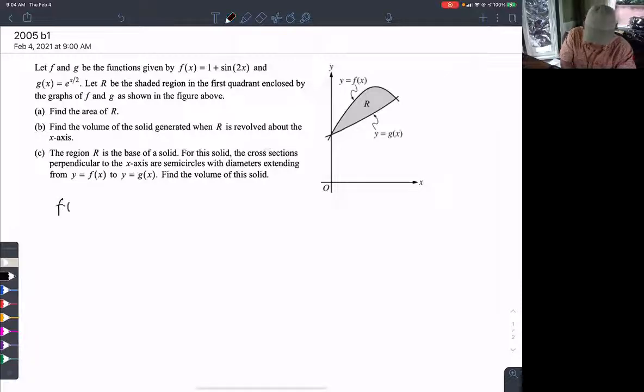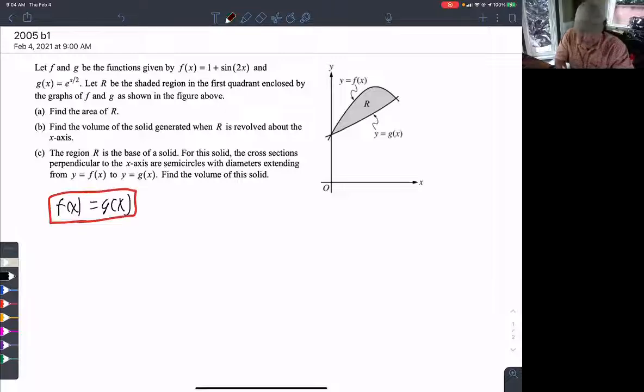You could say f of x equals g of x. That would give you a point. Or instead, you could write the actual functions: 1 plus sine 2x equals e to the x over 2. Or a third option,